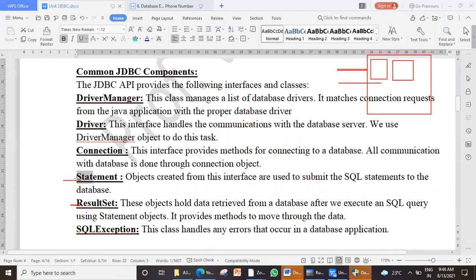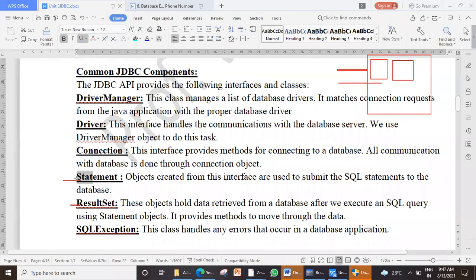If any problem occurs, what could be the problem? You know that in Java, there are two types of exception, checked and unchecked. What are checked exceptions? Those will be forced upon the user by Java. That means Java will force that whenever that situation comes, you must use try and catch.